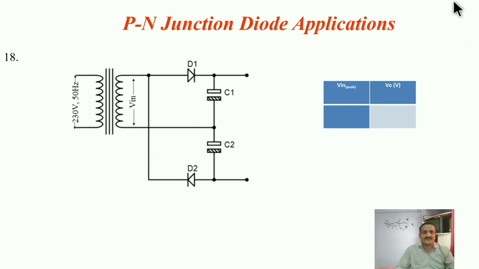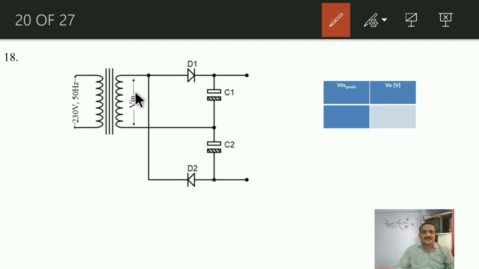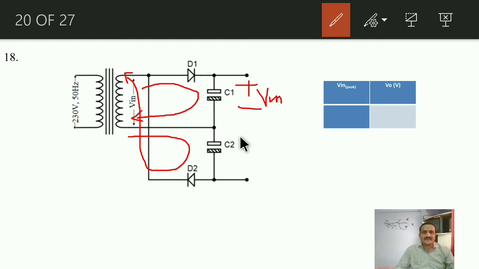And now this one is known as a full wave doubler because during the first positive half, D1 will conduct and capacitor C1 will get charged up with the polarity like this and with the amplitude of Vm, that is input, right? During the negative half, now diode D2 will conduct because this terminal will become positive. Diode D2 will conduct like this, and the second capacitor again will get charged with the polarity like this due to the direction of flow of current through it and with the amplitude of Vm. We are measuring the voltage across these two terminals, and how much will it be? It will be Vm plus Vm, that is twice of Vm. So during each half we are getting the output, and that's why it is known as a full wave doubler.